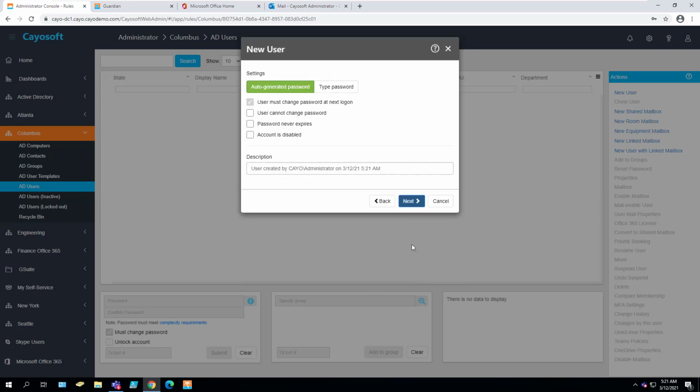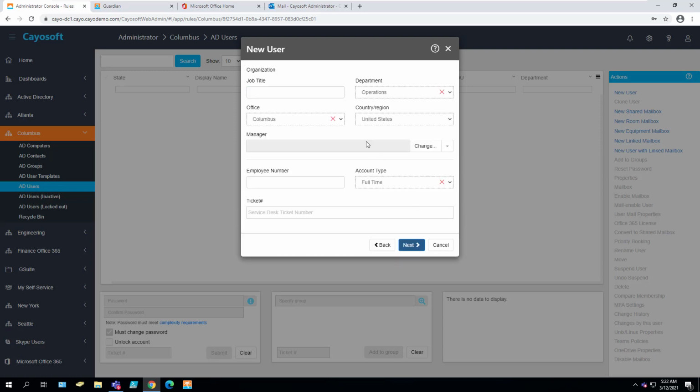I'll click Next. Some additional details I don't have to fill in. We already put in a note here to say who created the account. Now I just have to provide the job title. You'll see that other items are either pre-selected or provided through drop-down lists, so there's no fat fingering. Other items like employee data that's coming from your HR system can simply be put in, or tickets from your